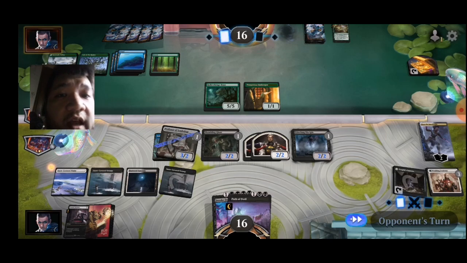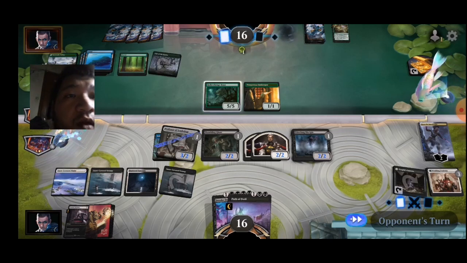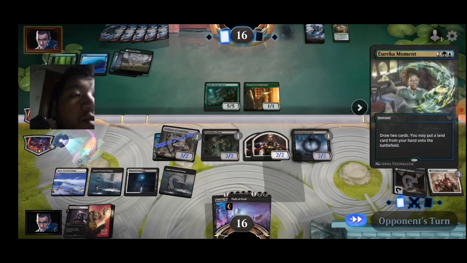Yeah, we definitely have 5 mana, despite what it looks like here, because we were able to cast an Elderfang Disciple and still have 3 mana up. Opponent goes for a Eureka Moment. They're going to start reloading their hand. So yeah,